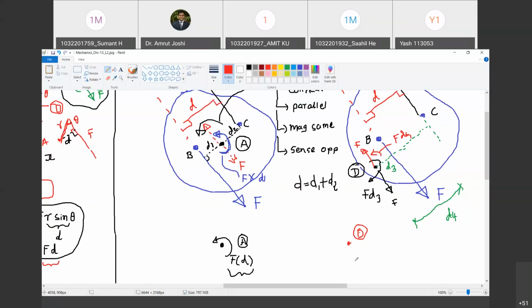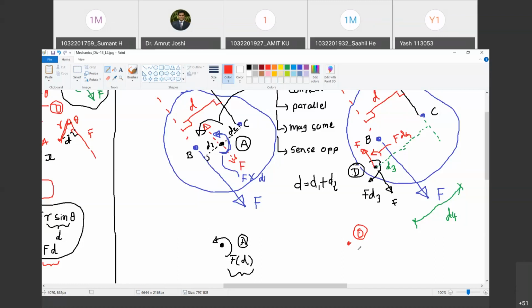Sir, the object will move clockwise, right? Overall, because the distance of the second one, the one which has the clockwise effect, is more than the anti-clockwise one. So the magnitude will be more. No, don't jump to this. Don't jump the steps. Let us do it one by one.